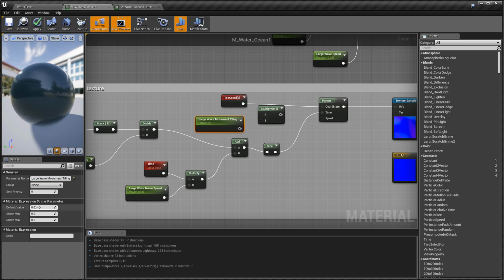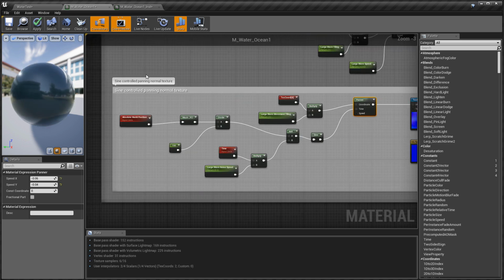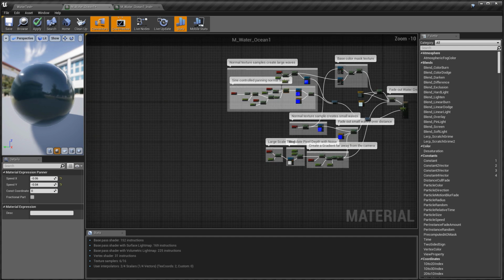Gonna set the default value to 1. And I'm gonna hook it into B. Take this texture coordinate, plug it into A, and multiply will go into coordinate of the panner. Again, we are working inside this sign controlled pan and normal texture section, which we're working and controlling our large